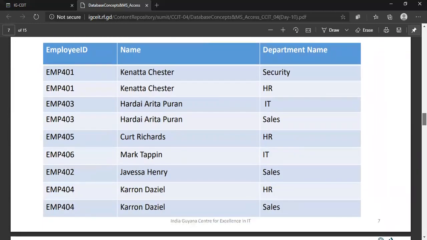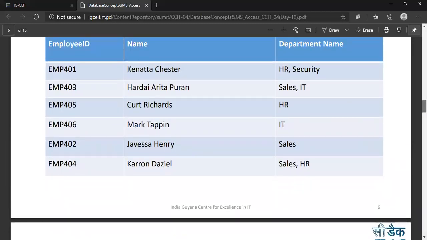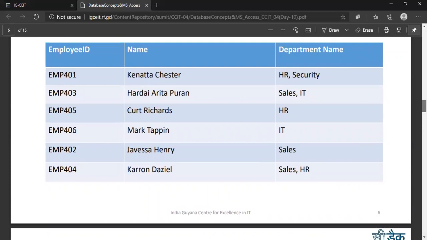Let's move on to the next slide. In the next slide, you will see what I did here. I mentioned a single value against each record. In the previous table, the name Kenata Chester had two department names, HR and security.